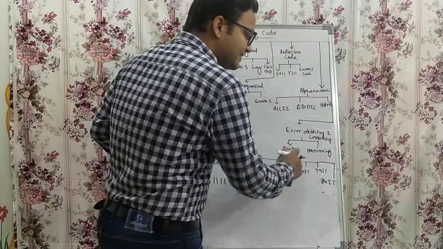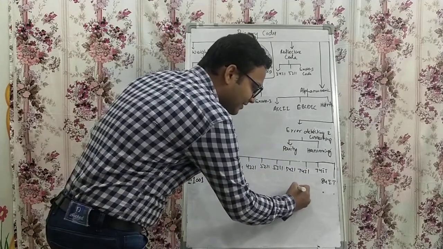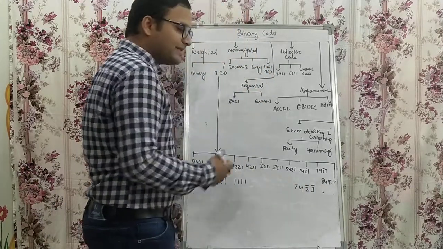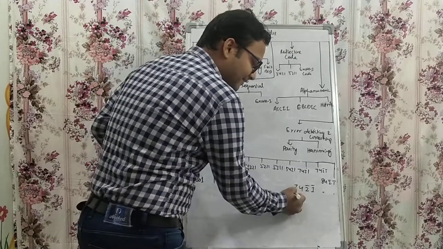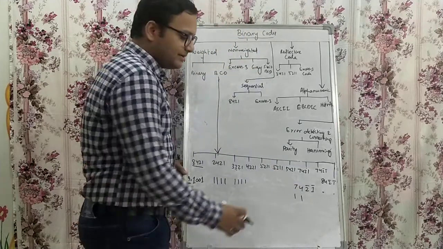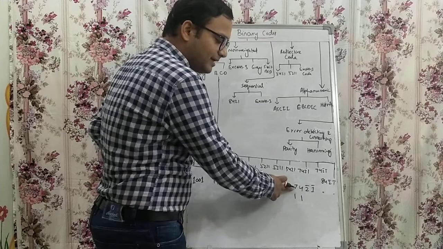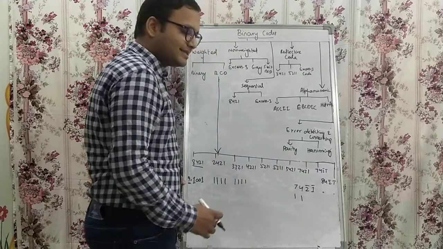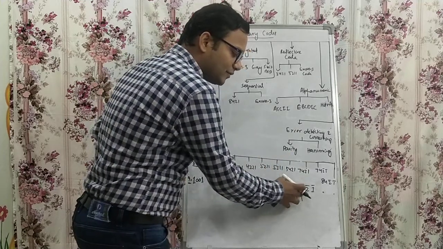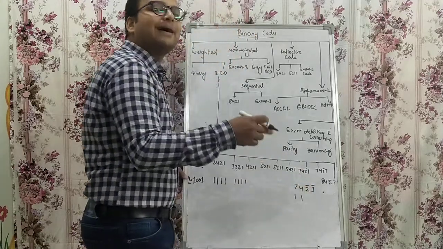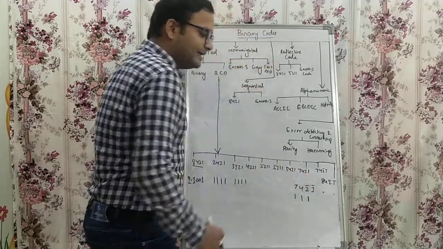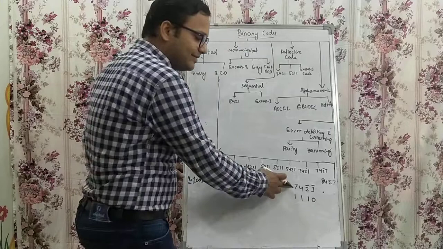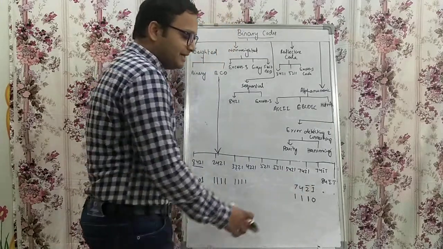Now we can see using 742 bar 1 bar. What is the meaning of it? How to represent 9 using this? Let's say 7 and 4, 11. Weight 7, if I put 1, that weight is 7, plus 4, 11. So what is 2 bar? 2 bar means minus 2 from whatever the sum came, 7 plus 4, 11. If I put 1 over here, it is now minus 2. 11 minus 2 is 9. So obviously 1 bar is 0. So 9 can be represented using 742 bar 1 bar as 1110.